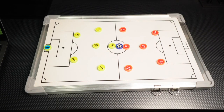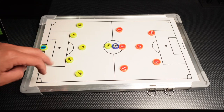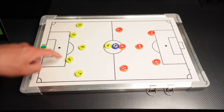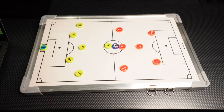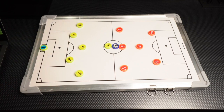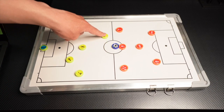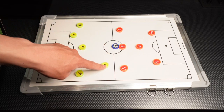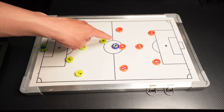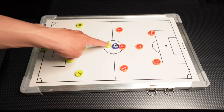On how I want us sitting whenever we have the ball in our defensive zone is like this. We have my two defenders. My wingers are dropped, filling in the pockets of space over here on the left and right side. And then we have my center mid right here, filling in this gap here. And then we have the number 9 that is essentially moving up and down this line right here. If they can, try to come in and help at times, but they're the outlet whenever we try to build